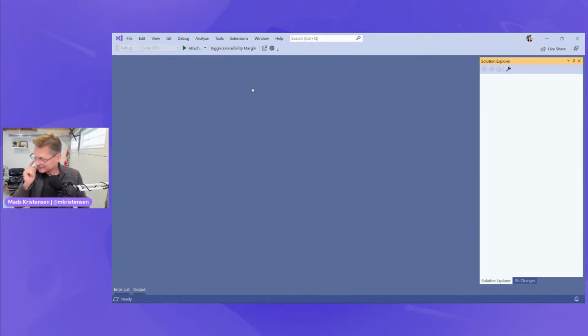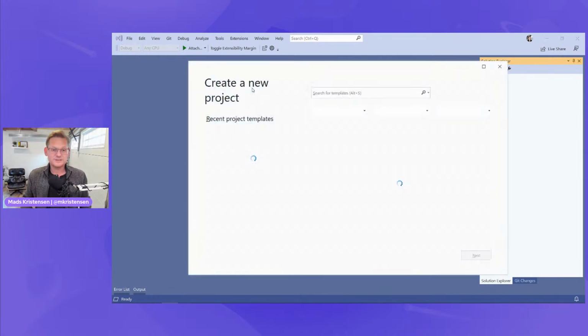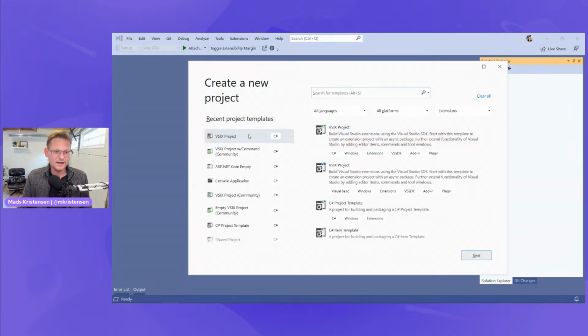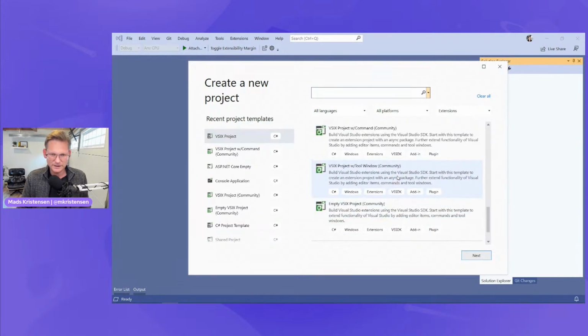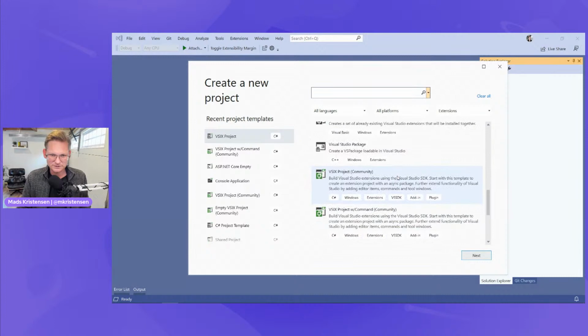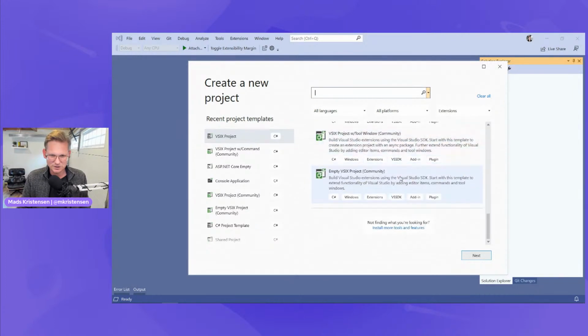So let's take a look. I'm going to create a new extension. This is Visual Studio 2019. And I'm going to create a VSIX project. Let's see here, what do I have to choose from? I might have nuked the one that was called Visual Studio Project Modern.